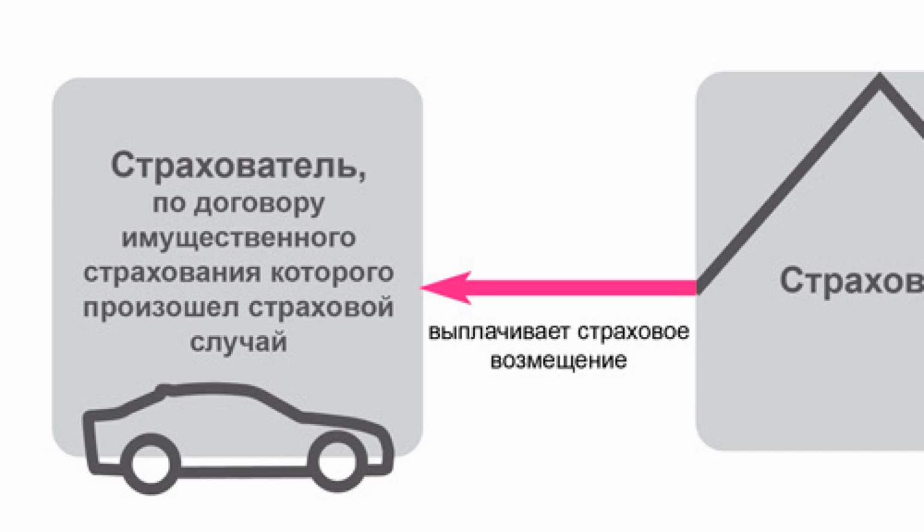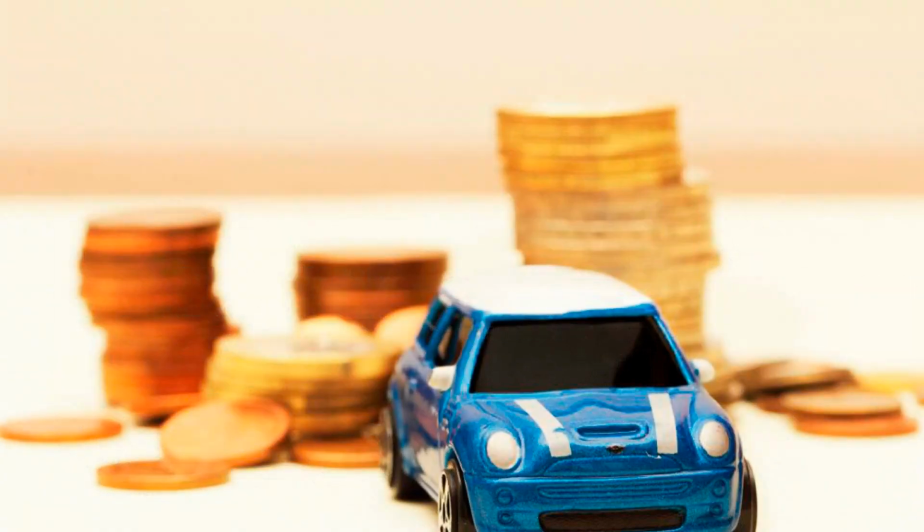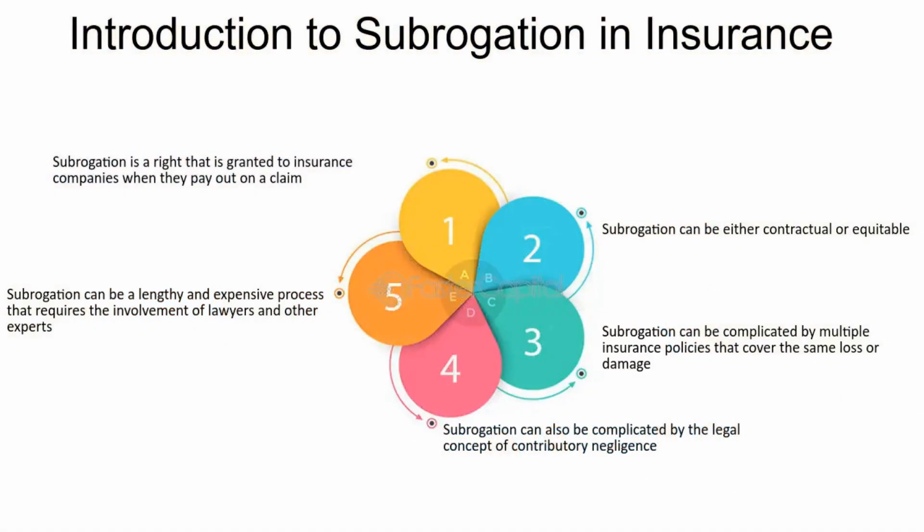What is subrogation in insurance? This term appeared in the field of insurance not so long ago, so it is incomprehensible for many car owners. Nevertheless, it is more widespread than regressive claim. Such a complex and obscure word means a financial instrument with the help of which the insurer can demand compensation for losses from the person who was guilty of the insured event. Subrogation claims are possible under certain conditions.